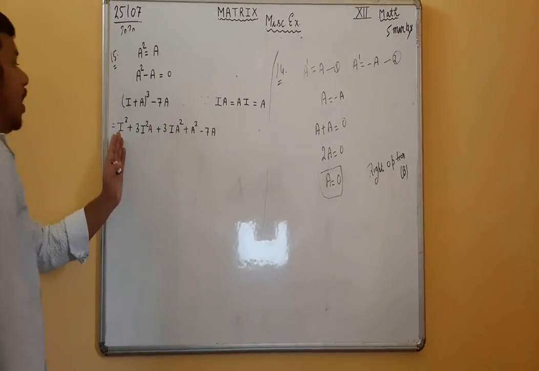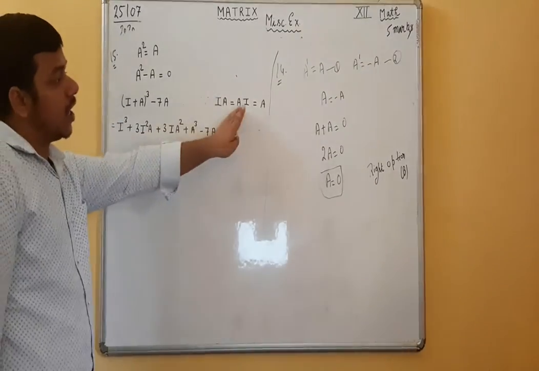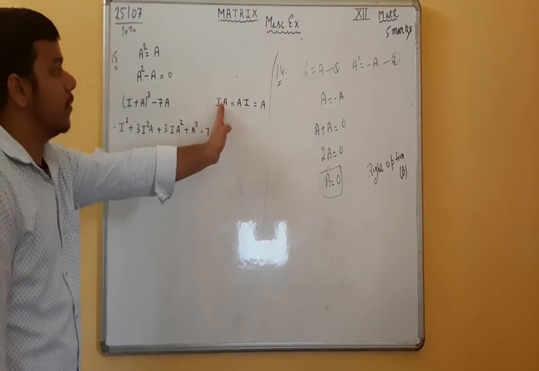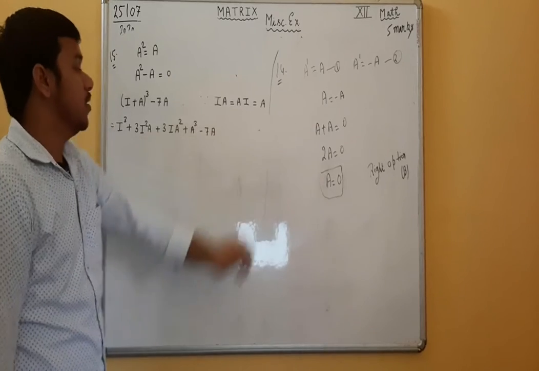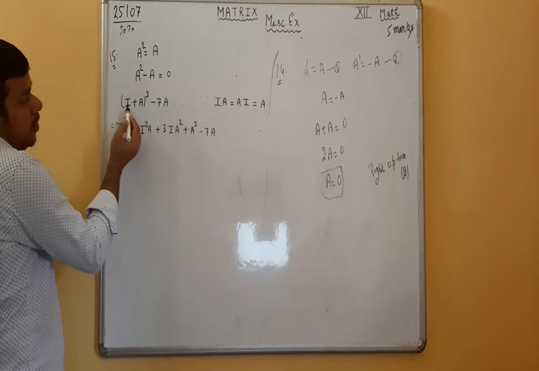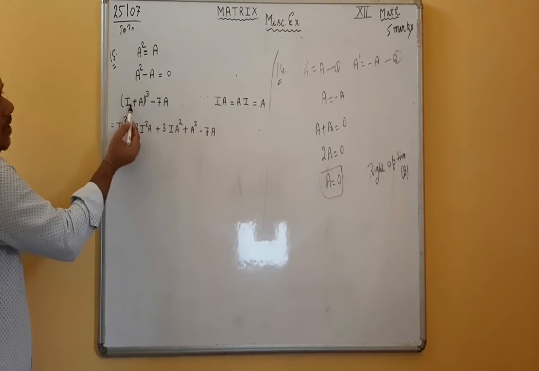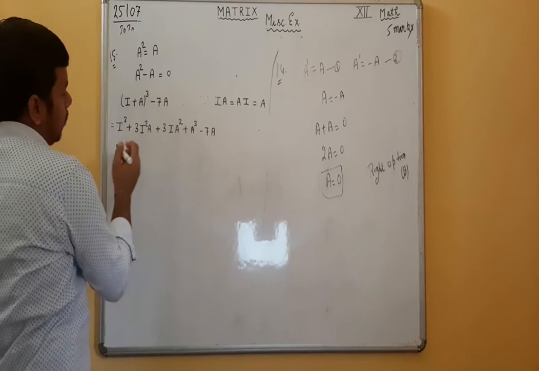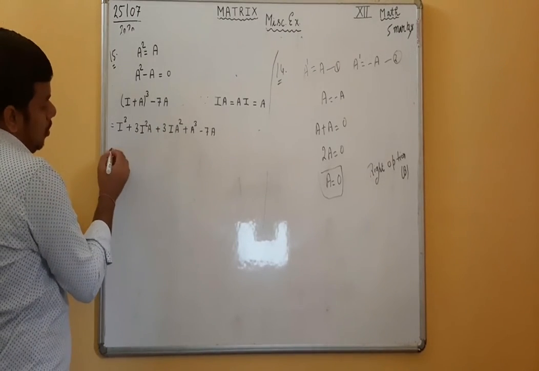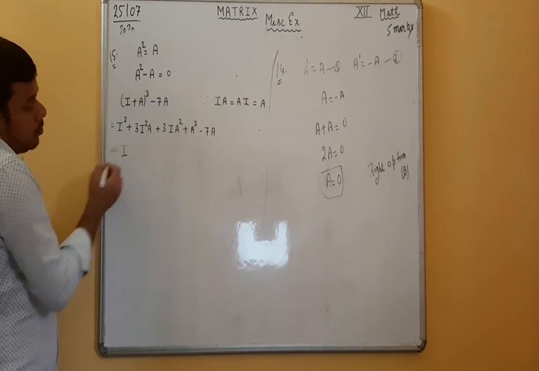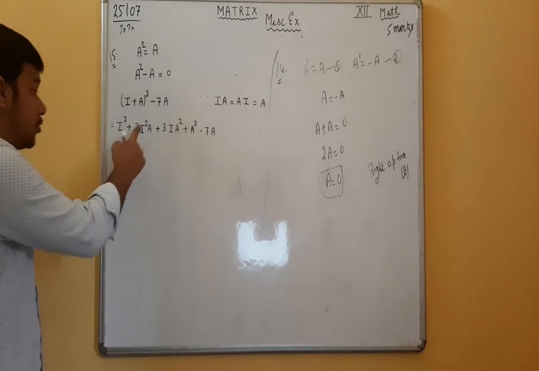Since IA is equal to AI is equal to A, we know this thing. If a matrix is multiplied by the identity matrix, then we will get the same matrix. So all the algebraic formulas are valid. So simply expand it as (A plus B) whole cube: A cube plus 3A square B plus 3AB square plus B cube. Now आइडेंटिटी मैट्रिक्स की बेटा प्रॉपर्टी होती है उसकी कोई भी पावर हो कोई फर्क नहीं पड़ेगा. I को किसी से मल्टीप्लाई करो,